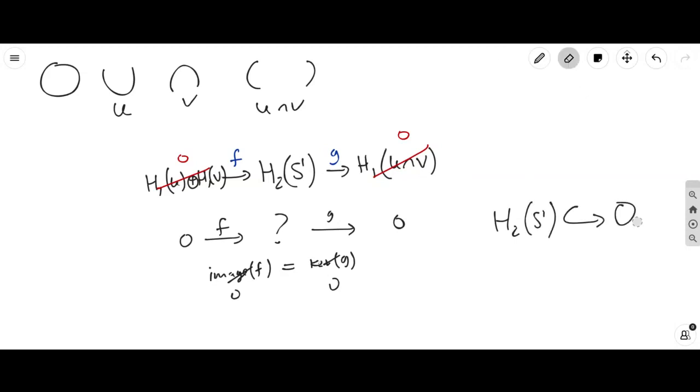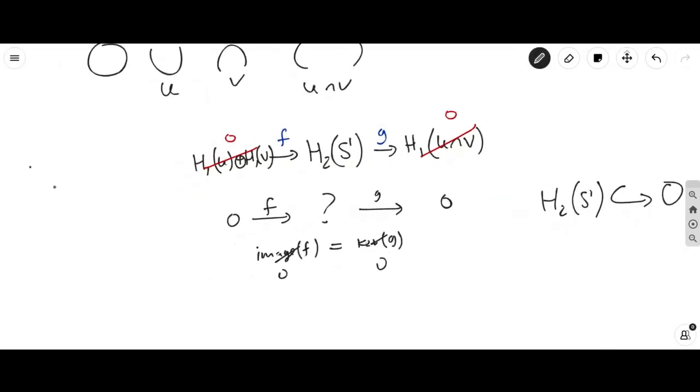Well, the only way that can happen is if this is the 0 group already. So this has to be the trivial group. So you can see this was very easy to show that. In fact, this example illustrates